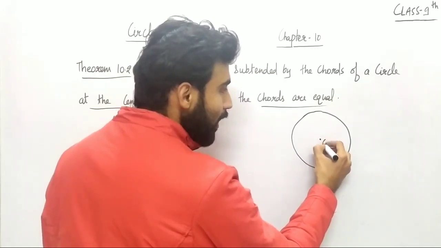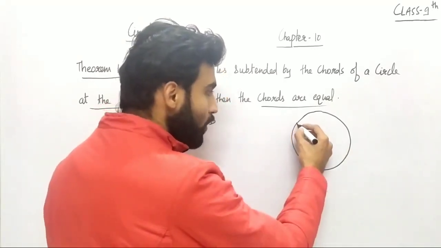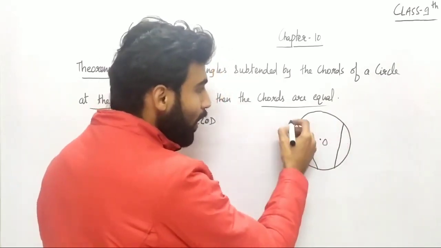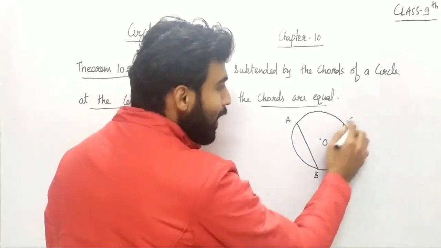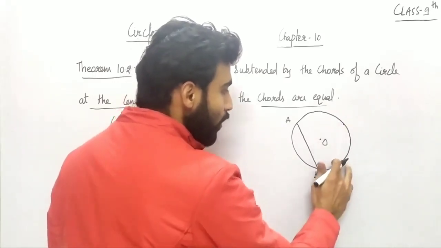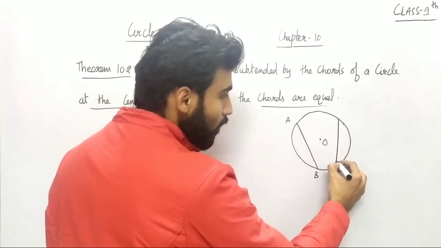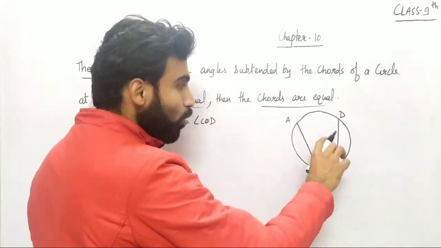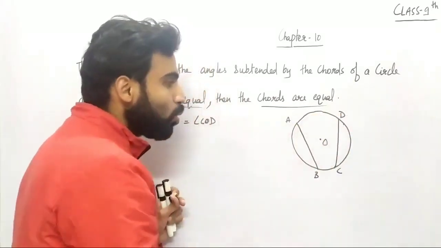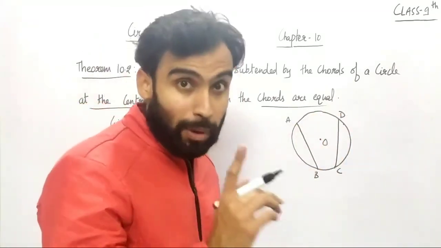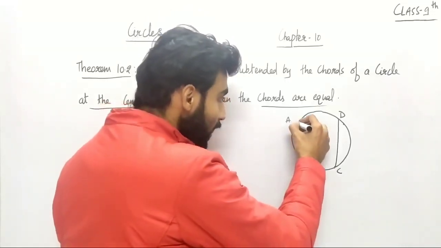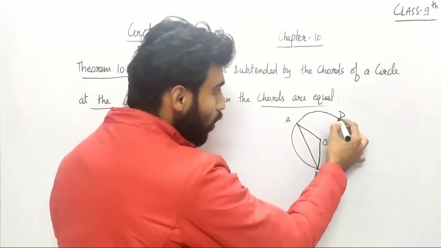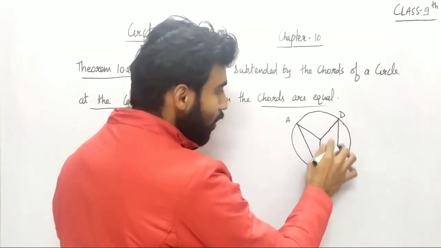Now you can see this is the center of the circle. Now let me just take two chords here, AB and CD, right? So now we have to prove that AB and CD, let me just draw it a bit straighter, like this, right? So this is, let me just write C and D, right? So we have to now prove that these two chords are of equal length. Remember this, right? But the given thing here is that the angles subtended by both the chords at the center, let me just write this O here,